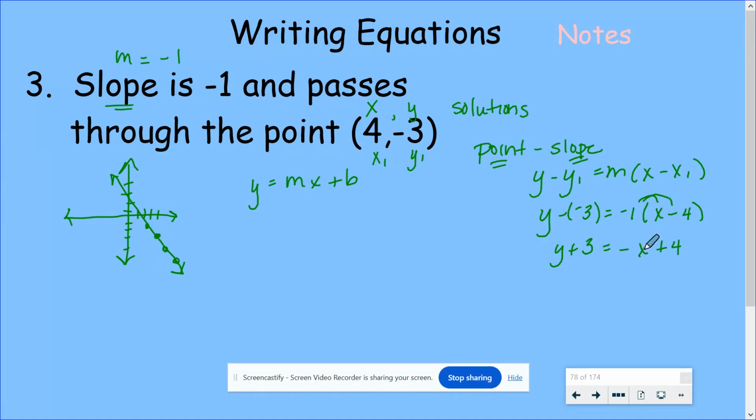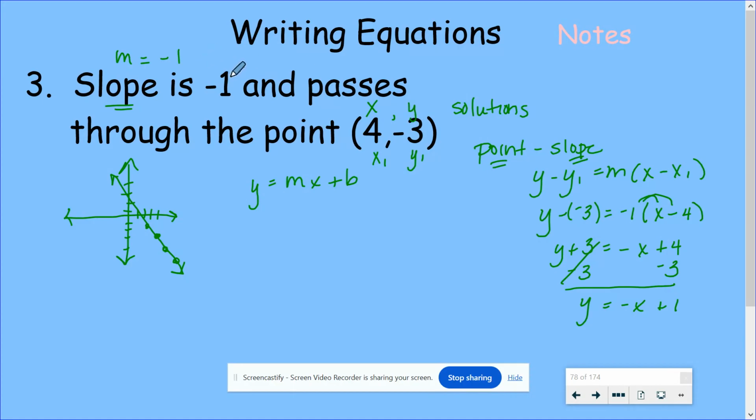So negative 1 times x, negative x. Negative 1 times negative 4, 4. And then I'm going to move this 3 over to the other side by subtracting it. And there you have it. There is our slope-intercept form of the equation that passes through the point (4, -3) and has a slope